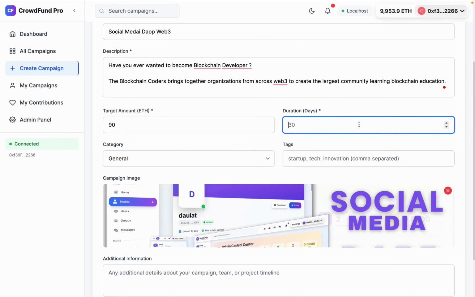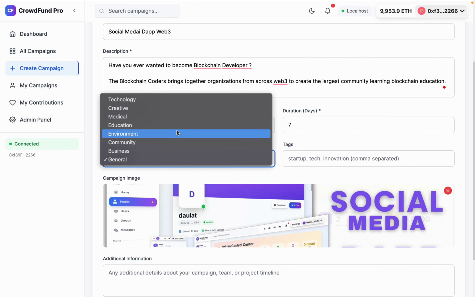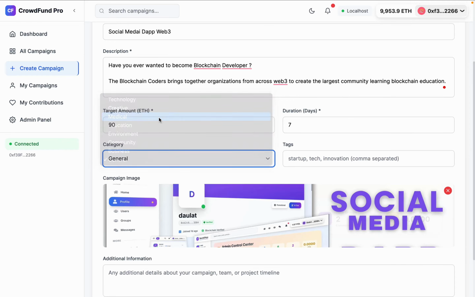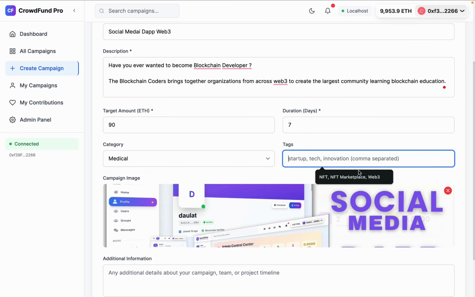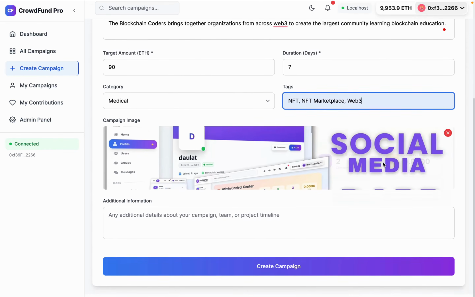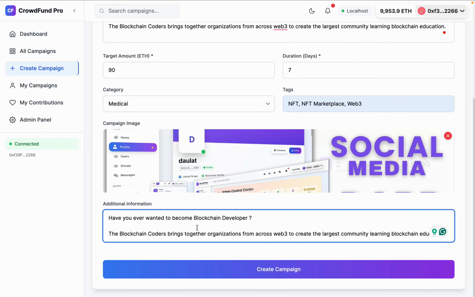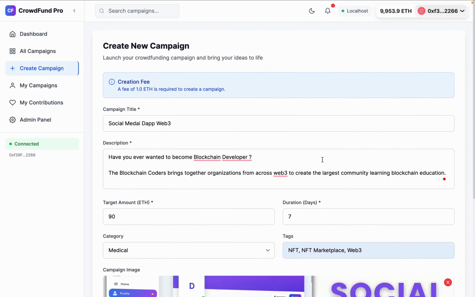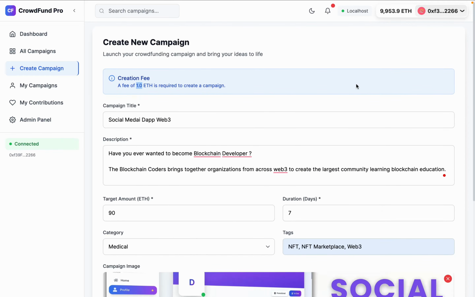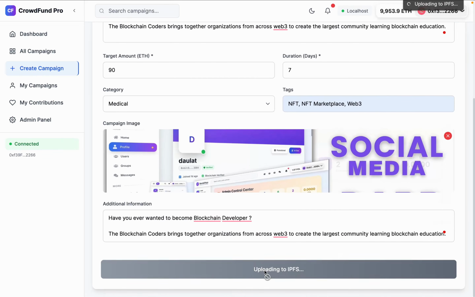I can set the date. So the date is going to be, let's say, generally 1 week we target for any campaign. And here we have different categories, that is, what type of campaign it is. So I'll go with medical, and here you can provide the tags related to your campaign, but I will go with this one, and I can provide the additional details. So make sure to provide all of these details perfectly, and I'm going to pay this much money as a commission. So let's click on this create campaign,